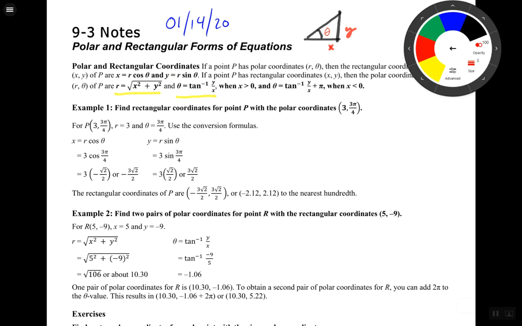And there's this whole case if it's in the fourth quadrant. But I'm not going to do that to you. We're not going to worry about this. These are the two you're going to have to use. Everybody understand that? So what did they do? They did, that's the whole point, they gave us